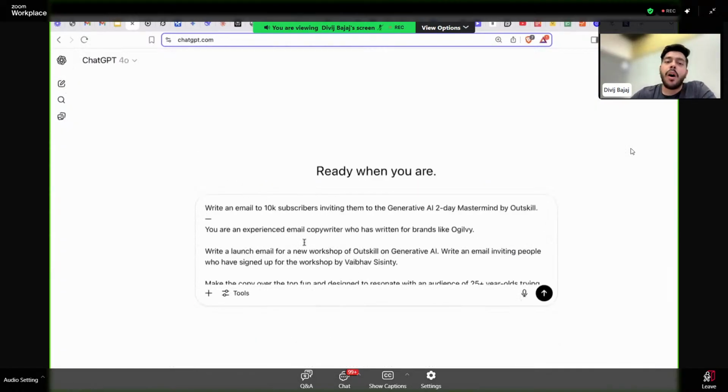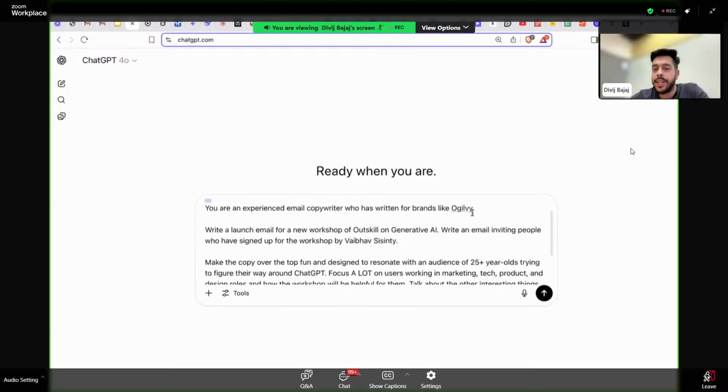Now see how long my prompt is, right? We are doing the same task but defining a great structure to it. And I'll tell you why and how of each and everything, going again from the first principles. Right, so simple. I have given the one-liner task, the action, kind of a verb or action I'm giving: write an email to 10K subscribers inviting them to a Gen AI workshop